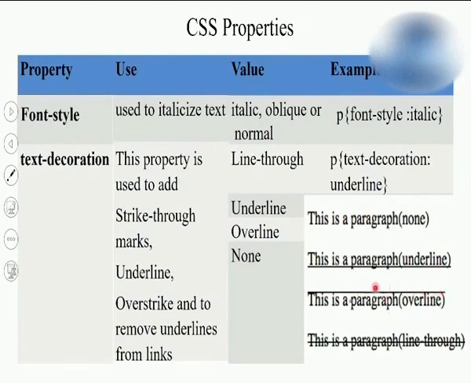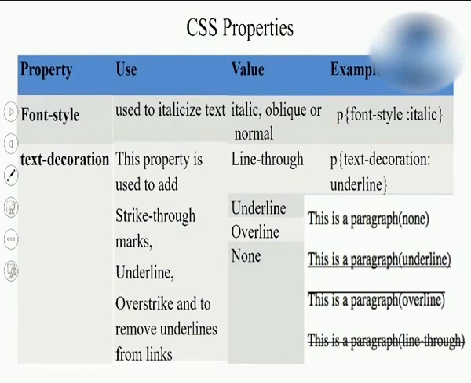If you want the line above your text, you can specify overline. And if you want the strike through effect, you have to specify line through. In the examination, as a tricky question, it will be asked what you will specify in the text decoration as a value to get the strike through effect. And in the options, if you get strike through, you need not select that. You have to select the line through option. So these are the 4 important values for the text decoration: line through, underline, overline, and none. That can be asked for 2 correct or 3 correct answers.